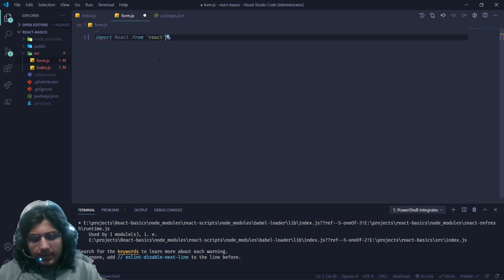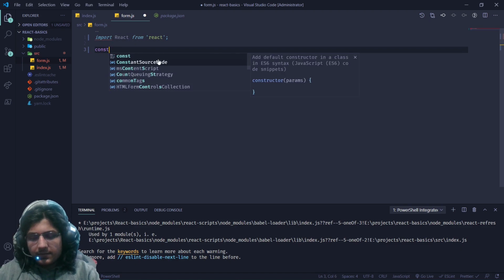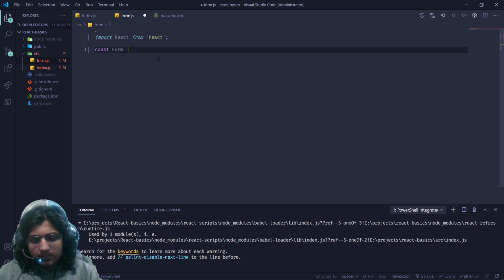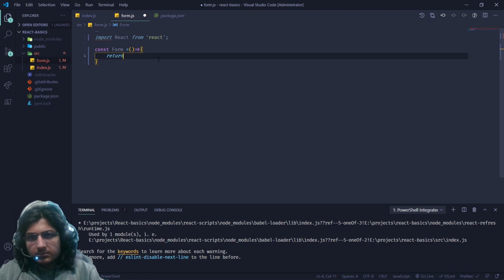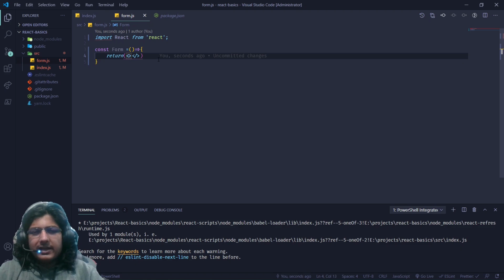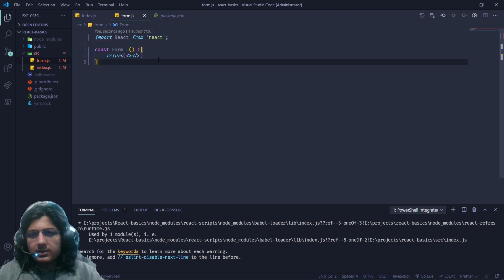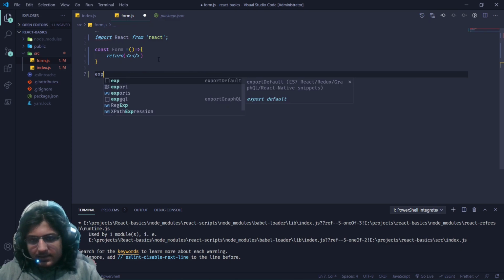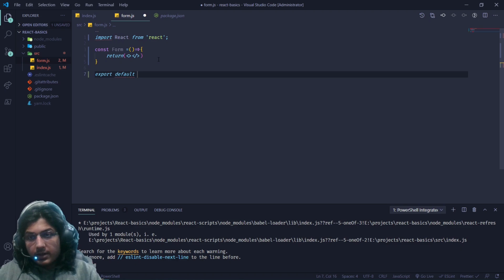So we'll import it and let's just make a very simple component form, and it would return something called a React fragment. I usually use React fragments because I don't want unnecessary divs in my components. You can just add a div or any tag of your liking over here, a section, an aside, or an article tag. And let's just export it so that we can import it in our index.js. So export form,